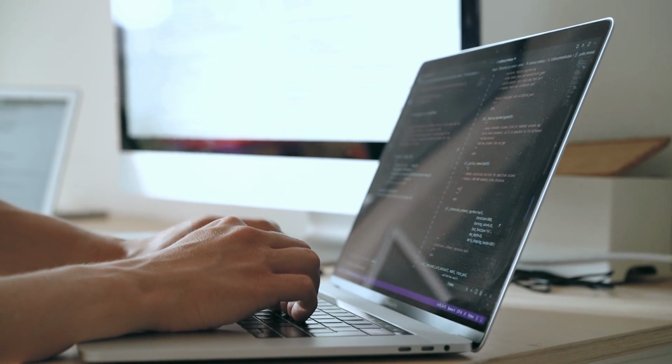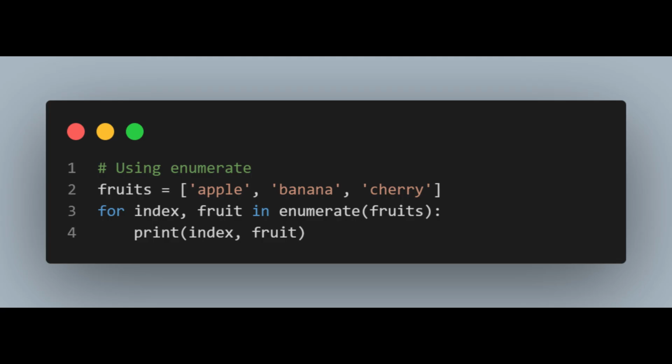Tip number 5 is to write modular code by using functions. Breaking your code into smaller functions makes it easier to test and reuse. For example,